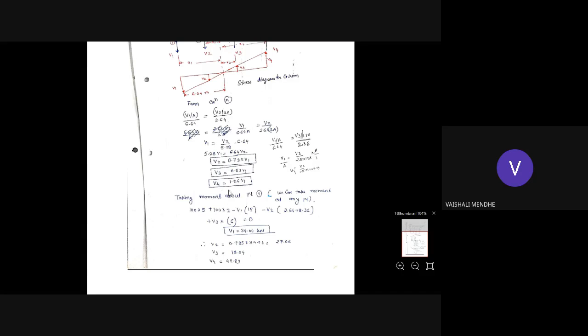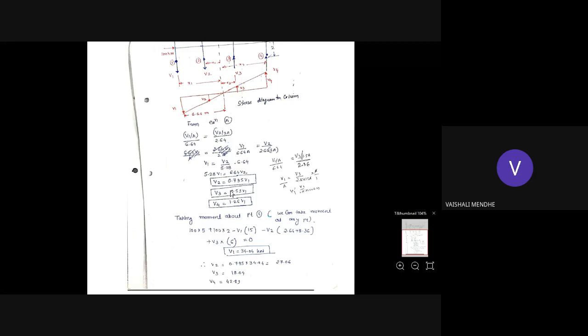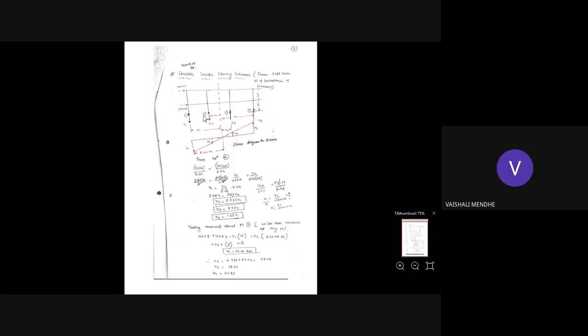Now we'll use the moment condition and we will find out the value of V1 by taking the moment. So these points I have given, point number 1, point 2, point 3 and point 4. You can see these points here. पहले कॉलम जो मेंबर है that is given point 1, 2, 3 and 4. And to get the value of the force V1, okay, क्योंकि relations अपन ने पूरा in terms of V1 find out किया है, तो कोई भी एक इसका भी वैल्यू अगर आपने निकाला, अपने को V1 की वैल्यू निकालनी है,